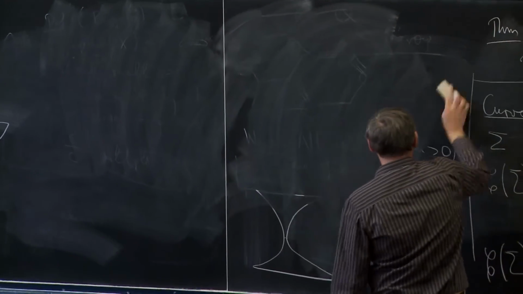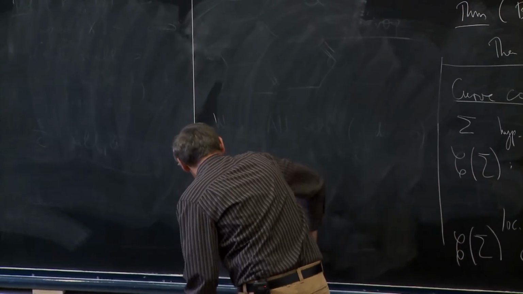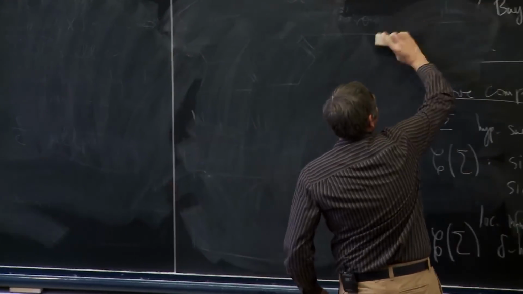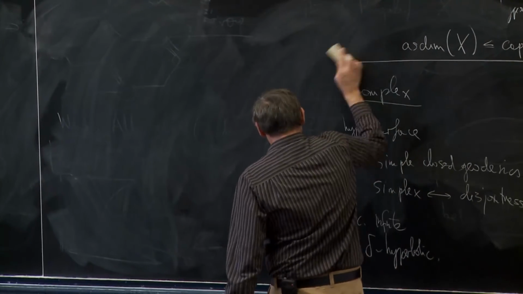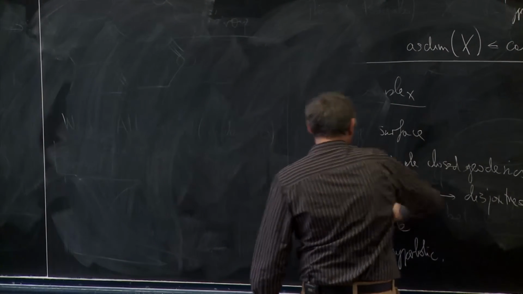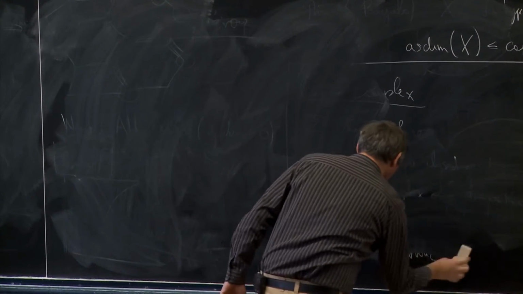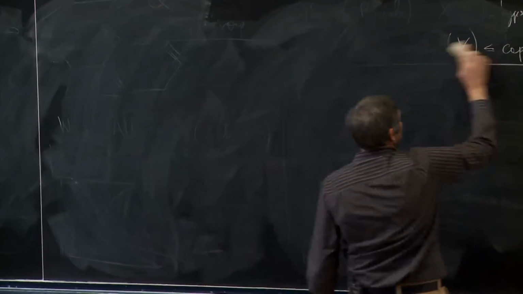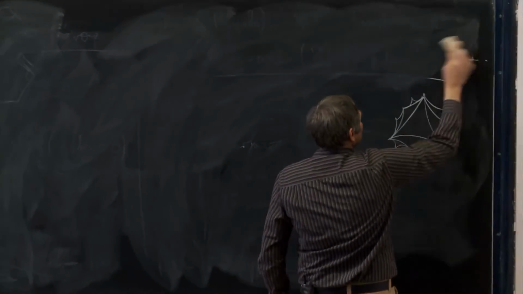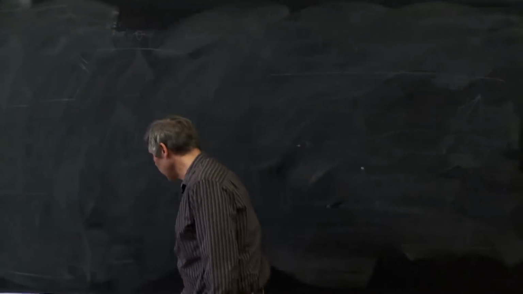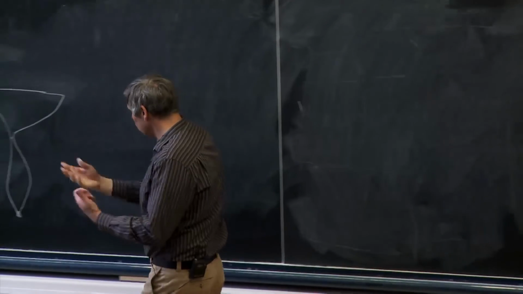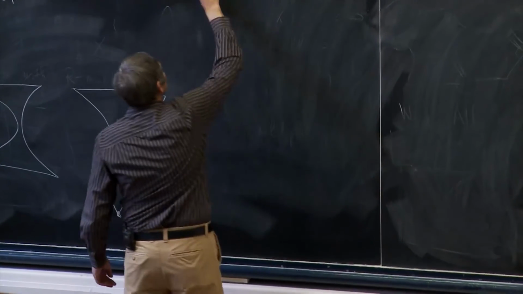But I will state the lemma. And it's a train track lemma. So you have a train track in the surface called sigma, and then you have two extensions of this train track. In other words, two train tracks obtained from the previous train track by adding branches. Okay, so this is the lemma.